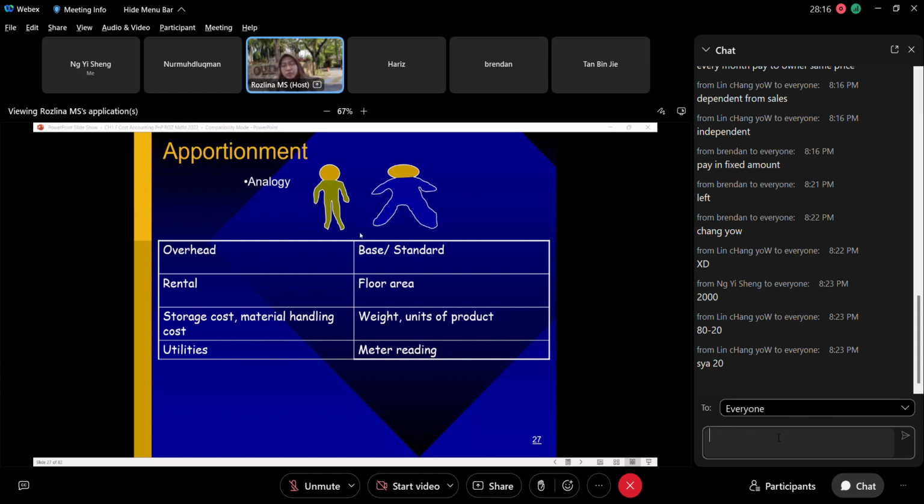So when you want to cook at home, you have to buy some raw materials, food nak masak ni kan. So bila dah siap, then Brandon just eats very little and Chang Yong eats maybe double. Okay, so I want to ask you, Brandon, do you think that it is fair that you pay the same amount, 200 ringgit, but you just take very little food?